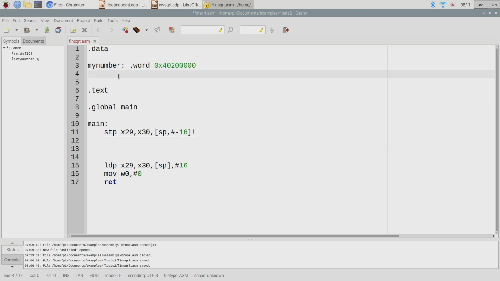Let's say I have a string, and I'm going to print this number. Let's say that all I want to do is print 2.5. Let's say that we tried to do this with FMOV instead of what I'm going to show you in a second. So if I wanted to say something like this,